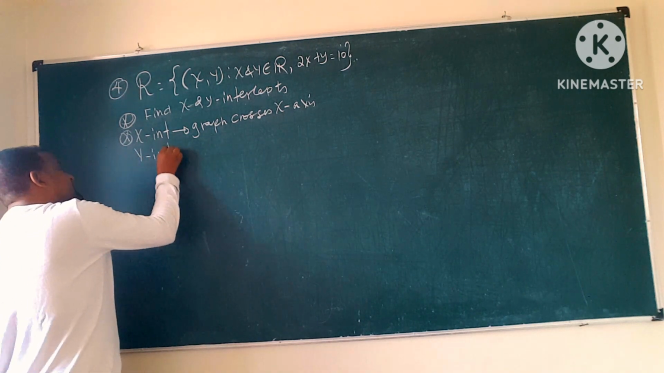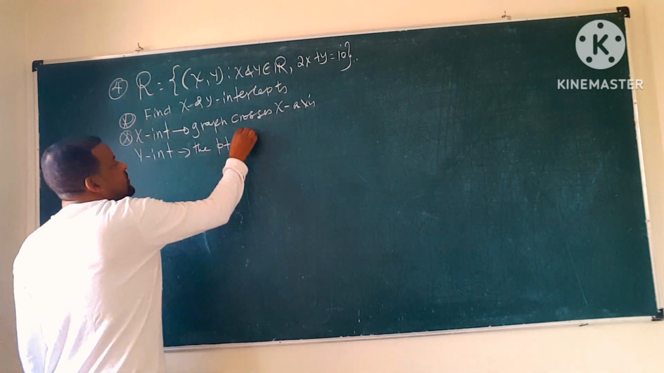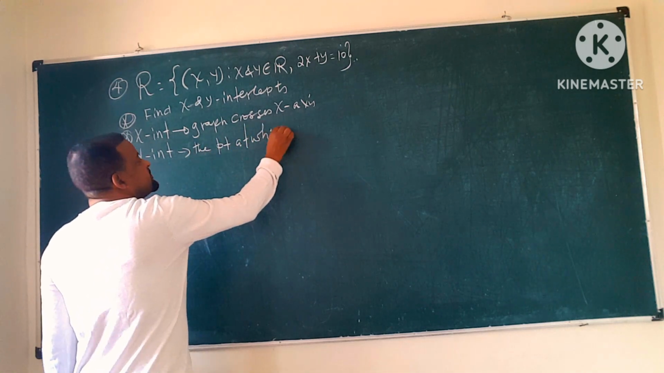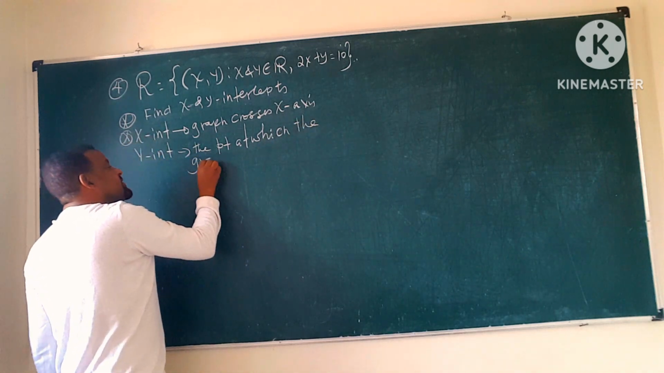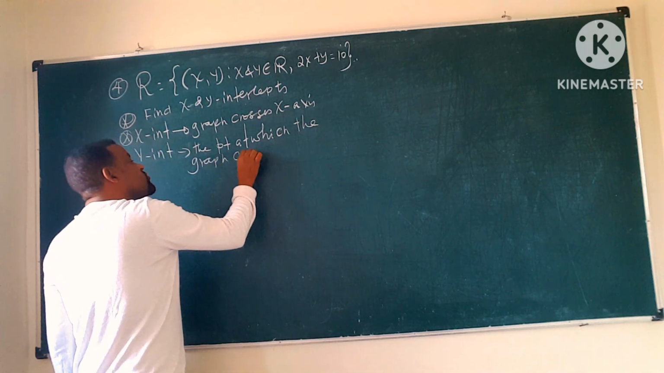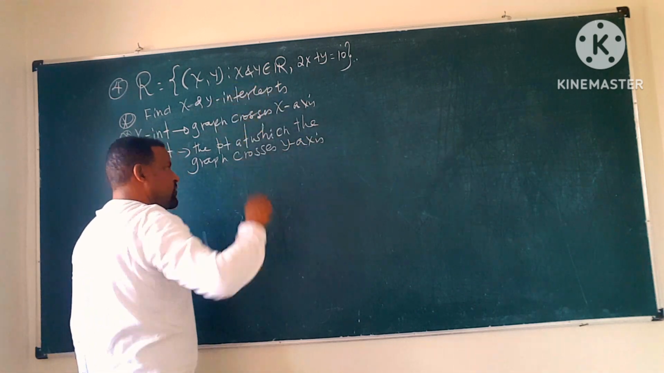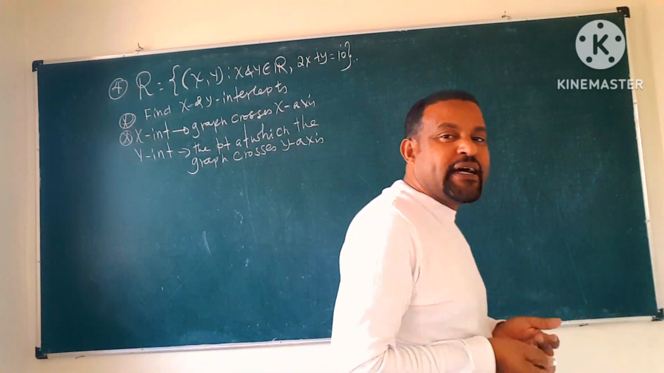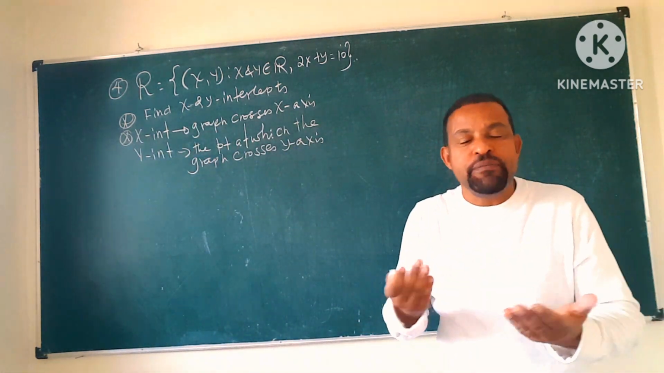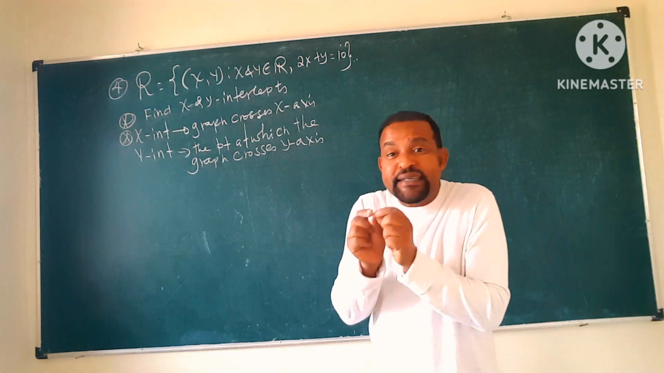Y intercept ማለት ደግሞ it is a point, of course, at which the graph crosses the y axis. Okay, y axis. ስለዚህ x intercept ግራፋችን x axis የሚቆርጥበት, y intercept ግራፋችን y axisን ክሮስ የሚያደርግበት ልብ አድርጉ።